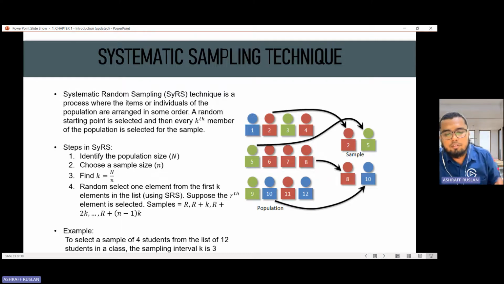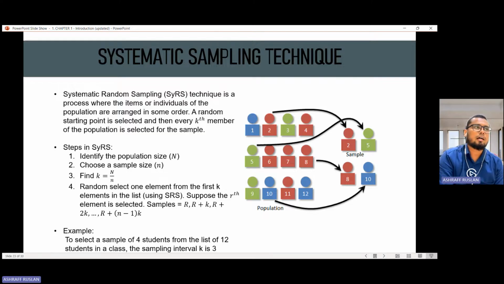That's why for every 3 students from the class list, kita akan pick up 1. Okay, for example, kalau tengok dekat sini, 1, 2, 3, kita pick up 2. Macam mana kita ambil student yang kedua ni adalah secara SRS. Di dalam systematic sampling ni ada simple random sampling. So 1, 2, 3 pick up 2. 4, 5, 6 dia ambil 5, terpulang you nak ambil siapa. 7, 8, 9 he chooses 8. Student yang ke-10, 11, 12 dia pilih student yang ke-10. So dia ambil secara sistematik.